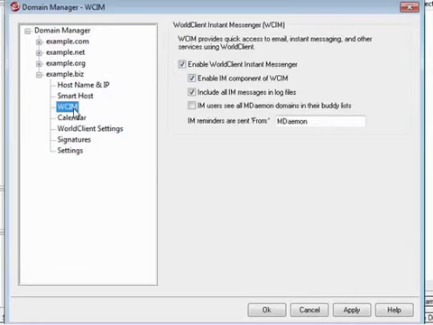WorldClient Instant Messenger can also be used to send instant messages to other WorldClient Instant Messenger users. Instant messaging is also enabled by default and is controlled by this checkbox. For security and compliance purposes, you may need to maintain a log of all instant messaging activity. You can control this behavior by checking the box Include all IM messages in log files. When this box is checked, all instant messaging traffic will be written to the instant messaging log file located in